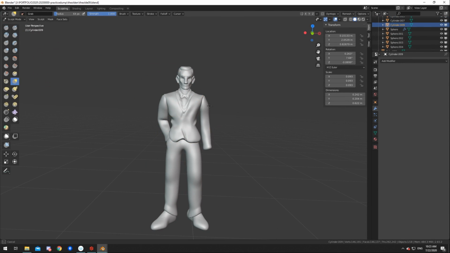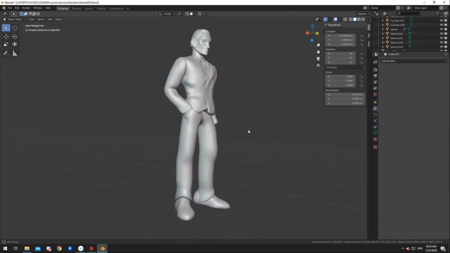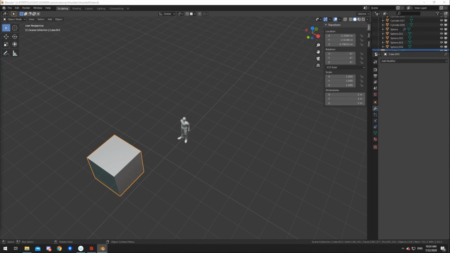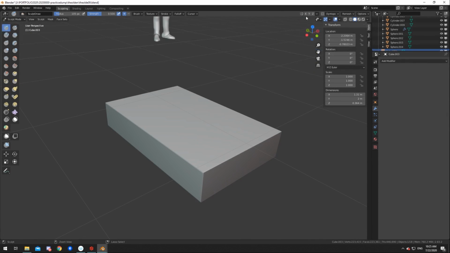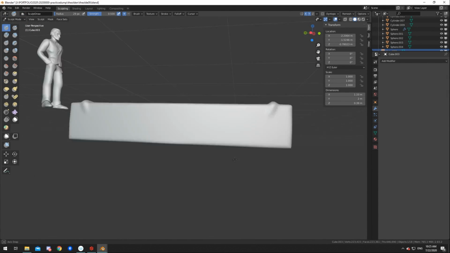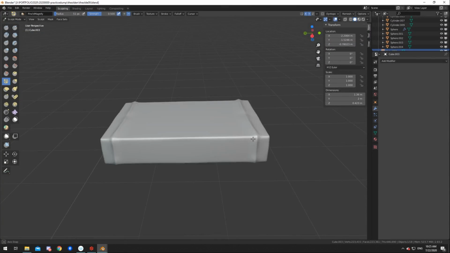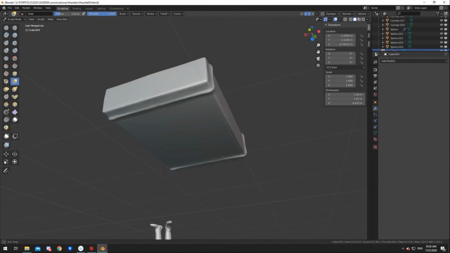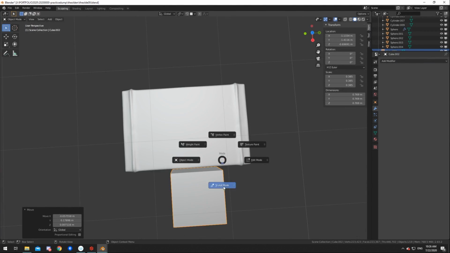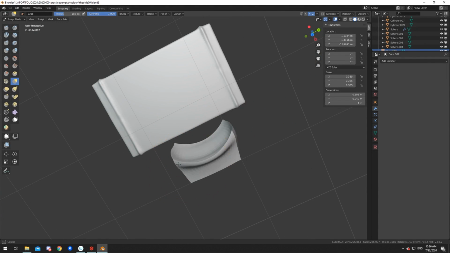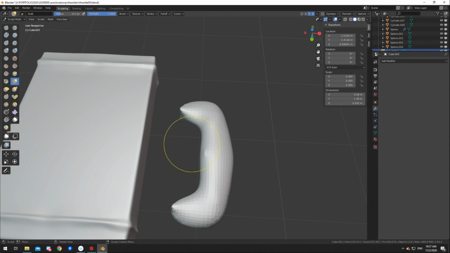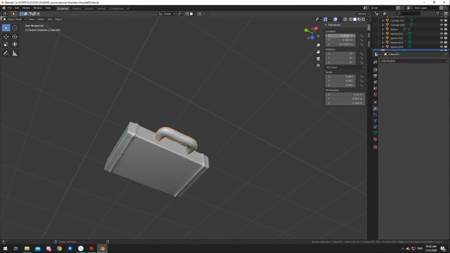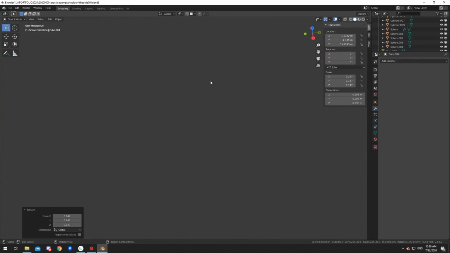I'm really happy. You can see here, I pay more attention to the side silhouette than the front, because you only see the rim light being captured on him. So then I sculpted a briefcase. Very quickly reminded myself that modeling is a thing, because I do have this bad habit of trying to sculpt everything. I was sculpting the handle, and I thought, why am I just modeling this? But I don't want to